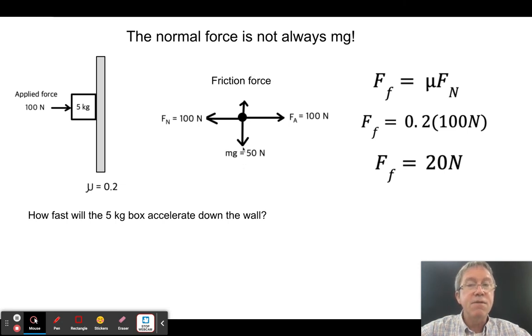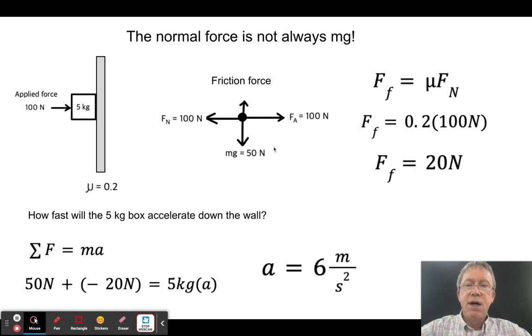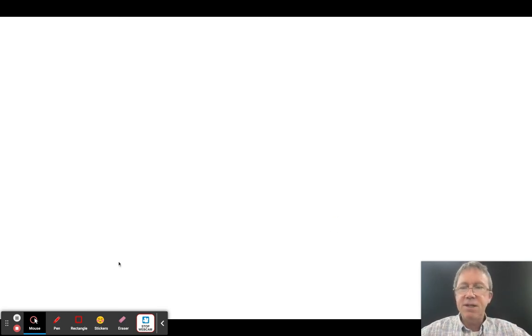So then I can find the sum of the forces. These ones are balanced, these ones are not. I have 50 in the downward direction and 20 in the upward direction. I'm going to call down the positive direction, so therefore the frictional force is acting in the negative. I could do it the opposite, but I don't want to. So I've got 50 newtons down, 20 newtons up, and a 5 kilogram object. How fast is it going to accelerate? Well, when I solve this, the answer is it's going to accelerate down the wall at 6 meters per second squared. Okay, thanks for watching, and